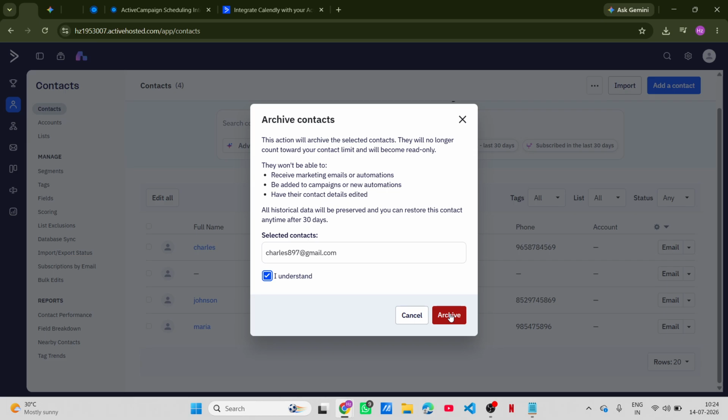After making your changes, ActiveCampaign may prompt you to confirm the action, especially when removing or deleting a contact. Simply follow the prompts and your changes will be saved. And there you have it. Whether it's adding new contacts to engage with or removing those who no longer wish to receive communications, managing your ActiveCampaign